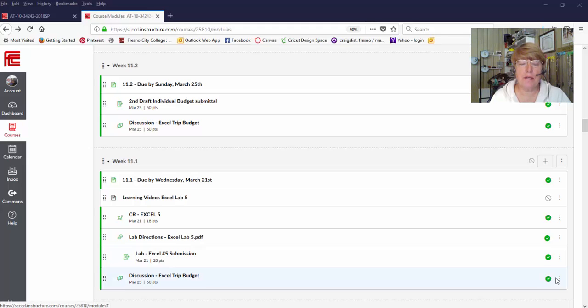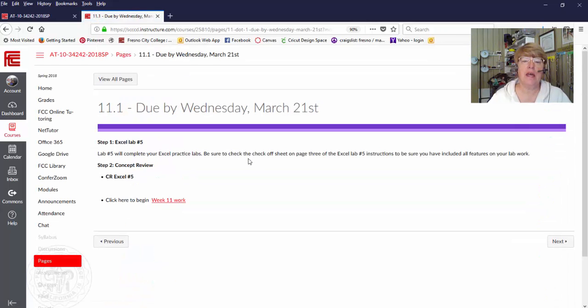Okay, we're going to work on Excel Lab 5, and for this we're going to work on charts, and this is the final lab for Excel. So the work that you have after this is your individual trip budget. So 11.1. You have the labs, and one of the things that you need to look at very closely is